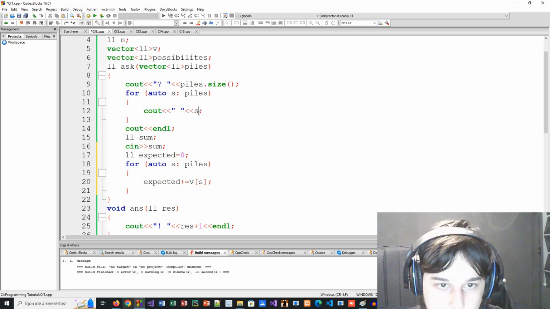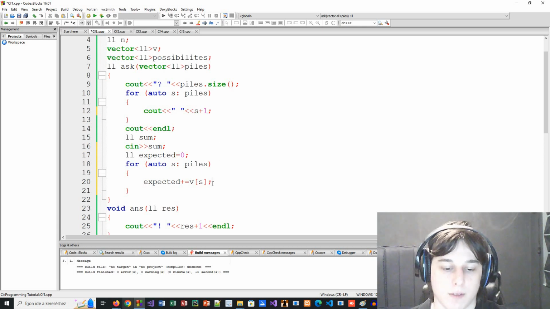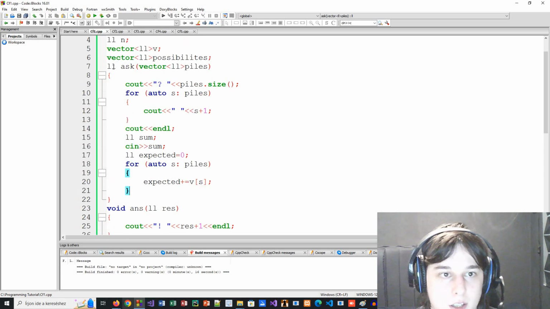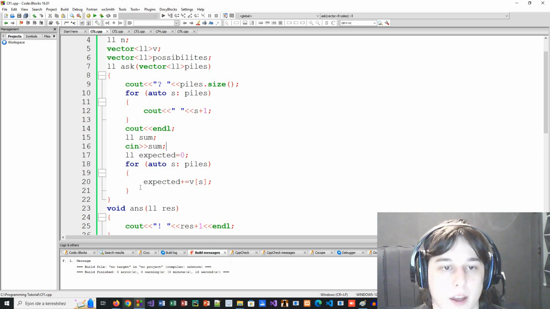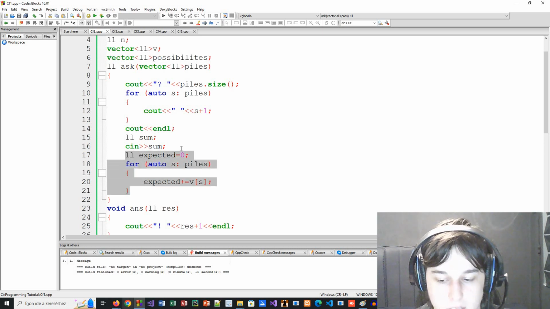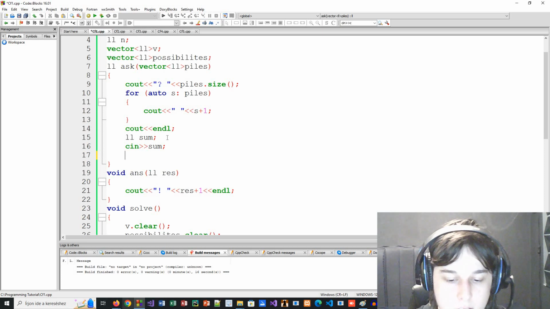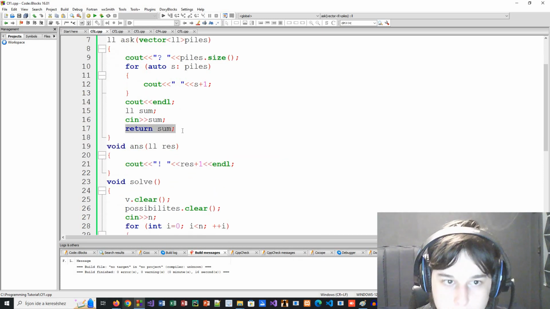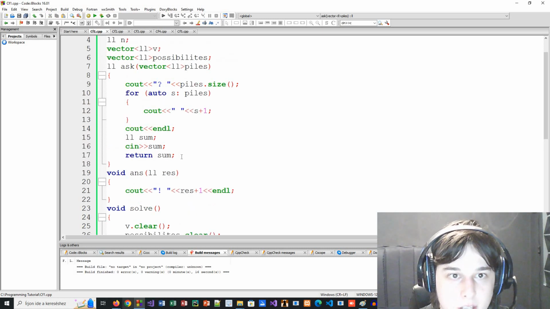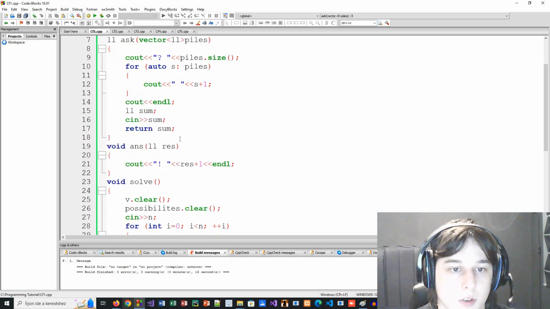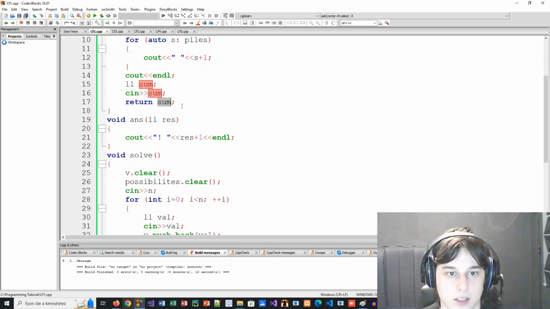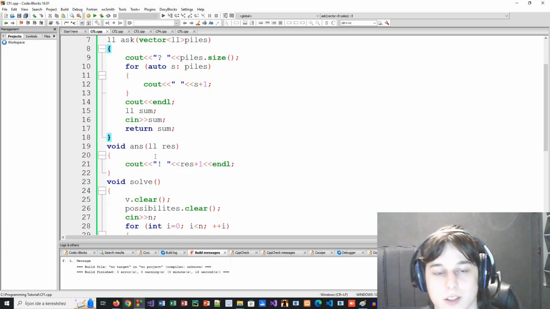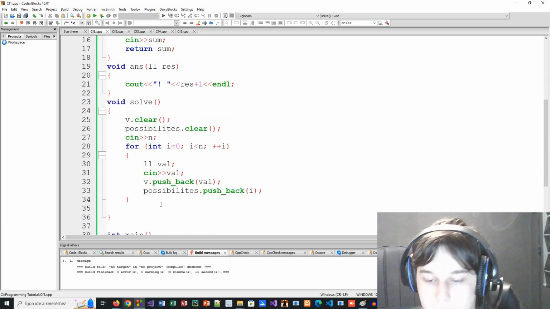Here we have the output as plus 1 because they index from 1 and we index from 0. So it will be like this. So what you can do is, if you want to keep it like this, you can return the sum like this, or you can process it somewhere. So let's say that we will just return, okay, and we will take care of everything else later. So now we have the ask function and the answer function, and in the solve we will